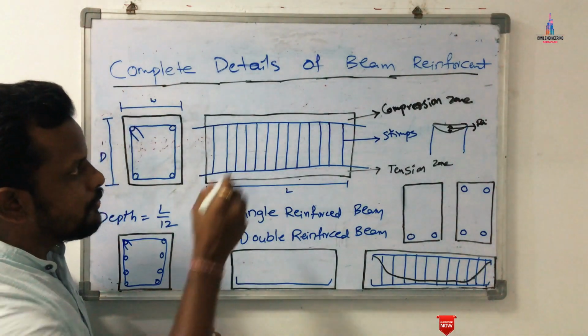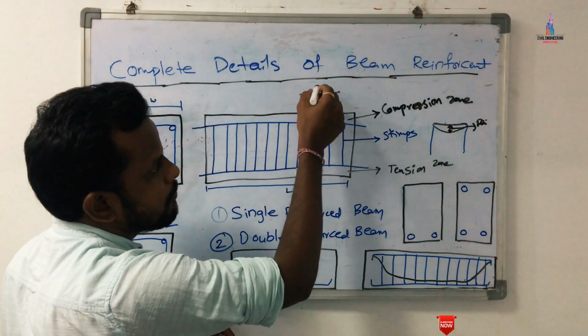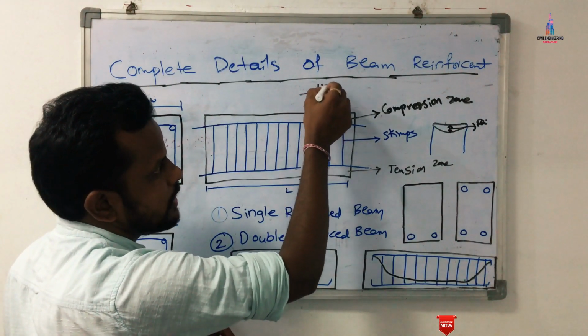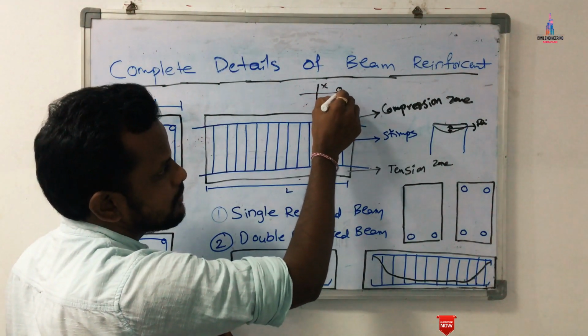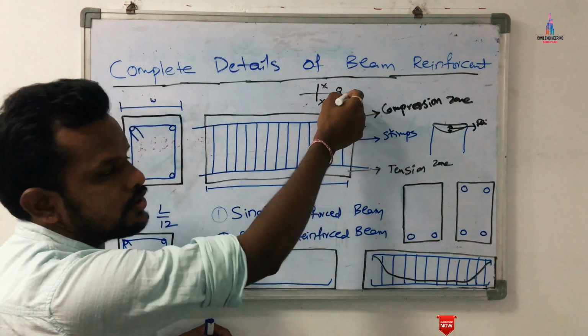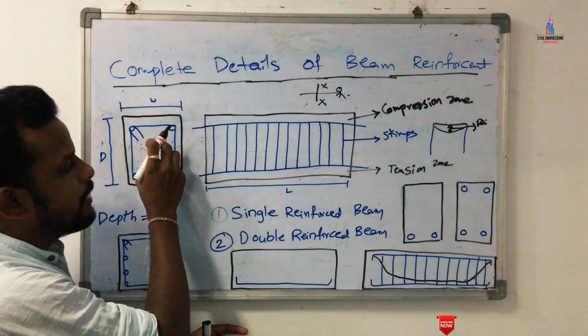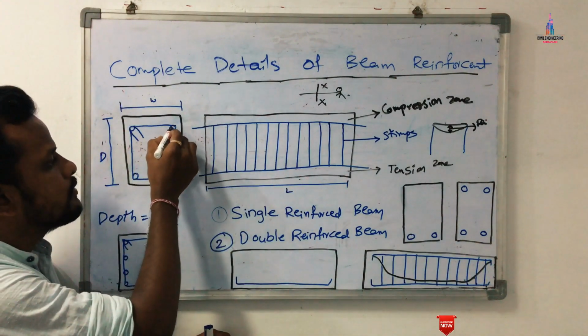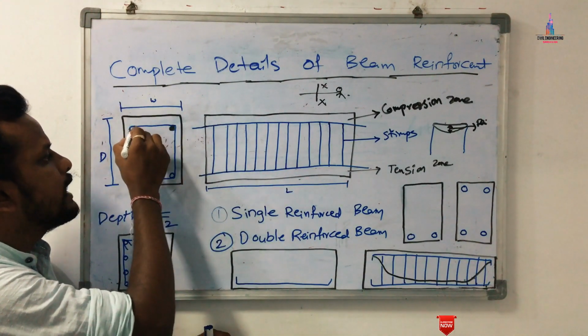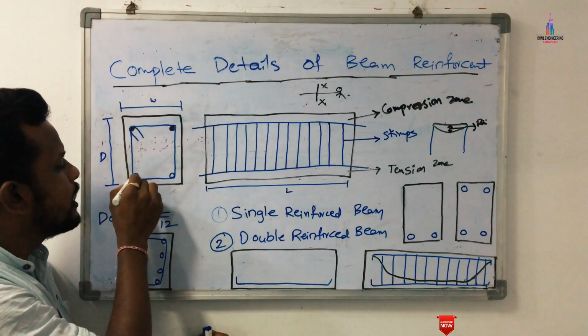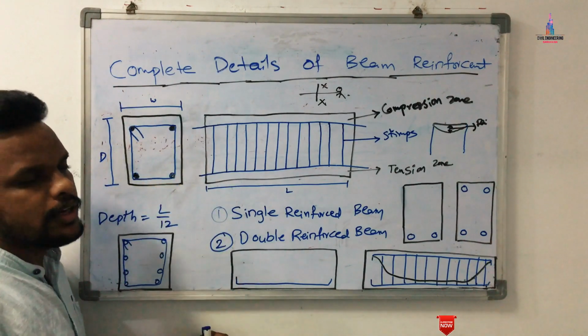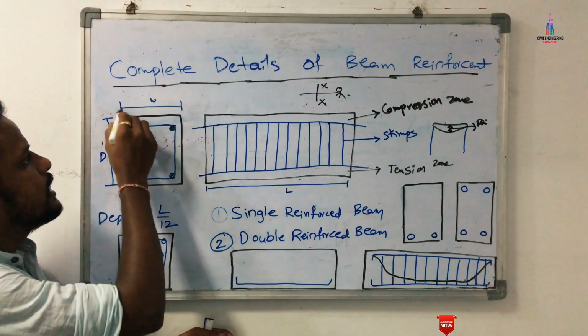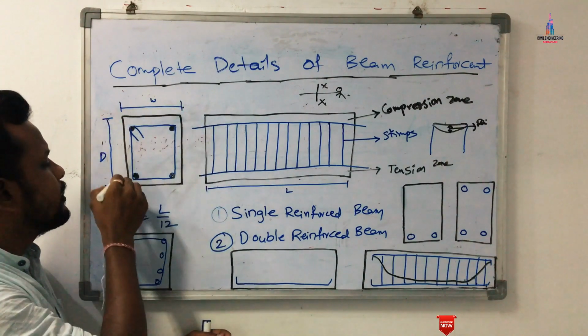Let us consider, if you take any kind of beam and cut it along some axis XX, and you see the beam from this position, it can be shown here as a side view. So this is the side view of the beam and this is the front view of the beam. This is the reinforcement bars, which are nothing but the main bars provided for the beam section. Let us consider I am providing 4 bars for the beam section. This is the width of the beam section and this is the depth of the beam section.